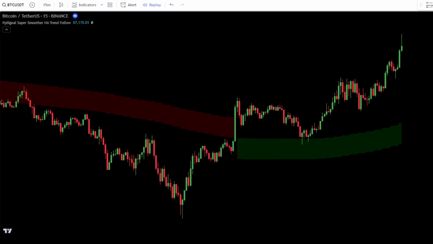This Super Smoother Heiken Ashi Trend Follow indicator will be used as a trend guide in the market, as well as to identify any retests that occur. If the indicator is green, it signals a bullish trend. You will then wait for the price candlestick to retest the Super Smoother Heiken Ashi Trend Follow area before placing